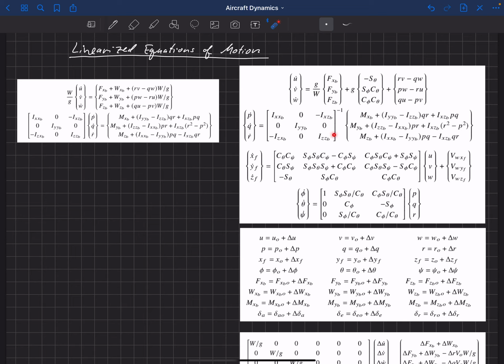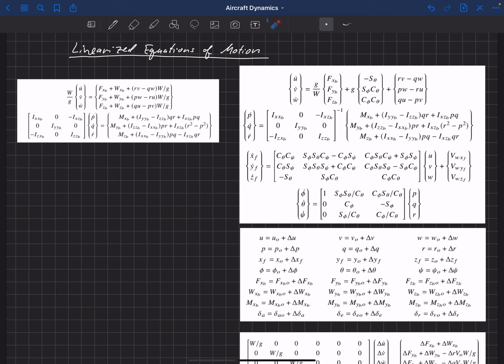second law, F equals ma. And then the bottom six are the kinematic transformation equations. Now the top six can be written a little bit differently. This is identical to this. We've just moved W of G over to the left-hand side and our inertia matrix back over to the left-hand side. And actually this is how we originally developed it, and then we rewrote it this way, but we're going to actually go back to this form as we work through this linearization process.